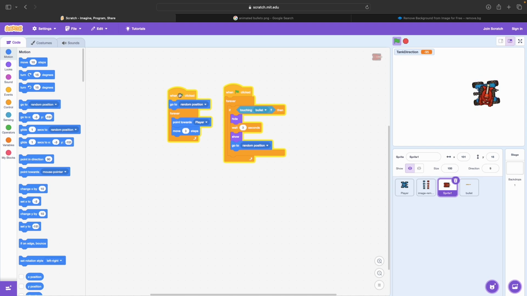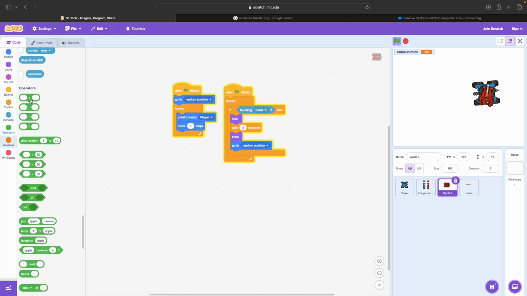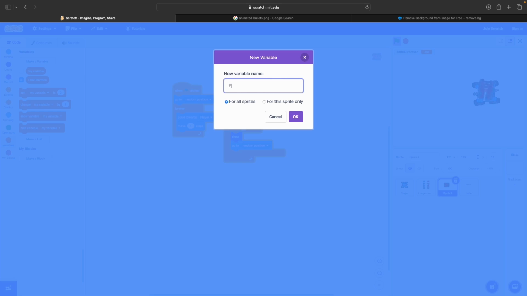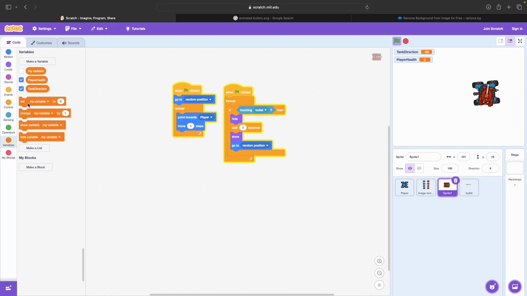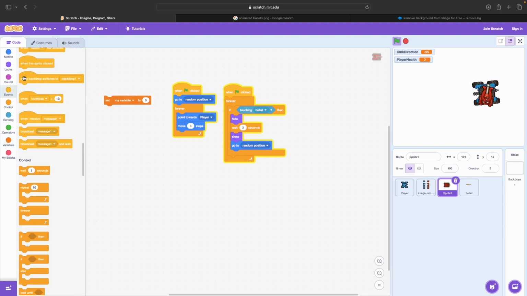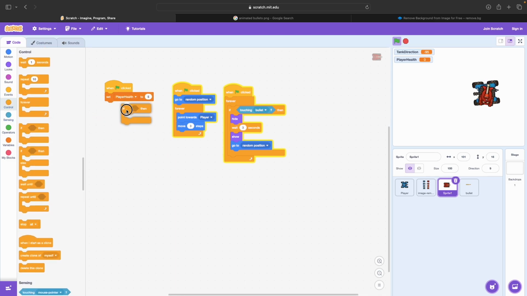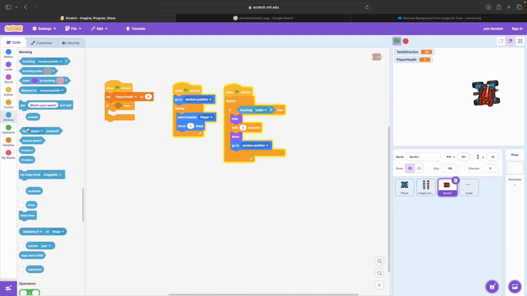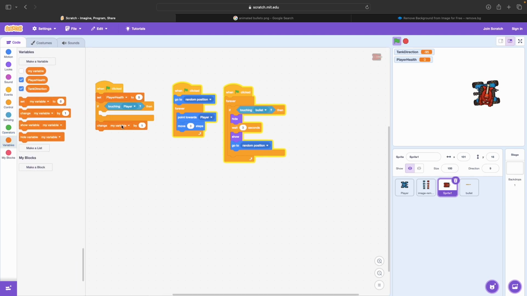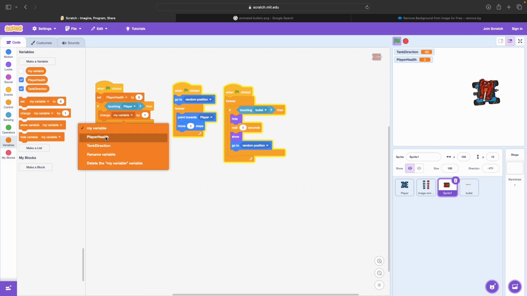So let's add a simple code. Let's make a variable called player health. When the game starts, the player health is 5. Let's give 5 chances to the player. Whenever the tank touches the player, so if touching player, reduce the player health by 1, change health by -1,